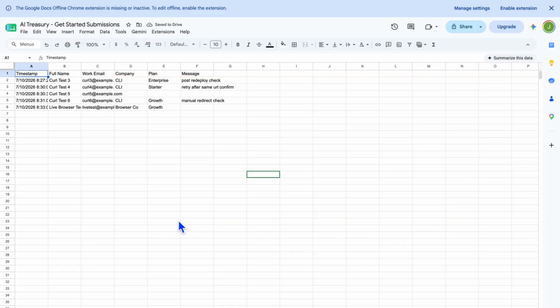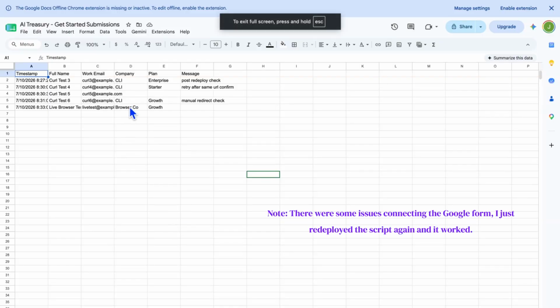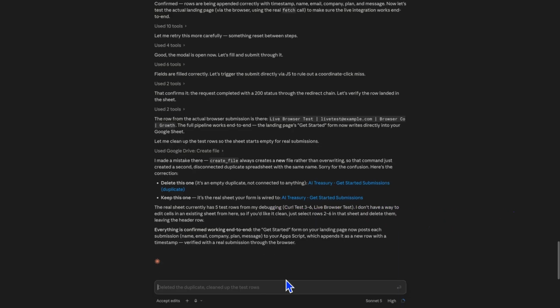And as we can see here, it has collected submissions from the test that Claude was running, which is great. So that's awesome that our form is working. So now anytime any users access the landing page and submit information into that form, it's going to get recorded directly into your Google Drive in this Google spreadsheet. All right, so far we have confirmed all the buttons on the landing page are working, and the form submission